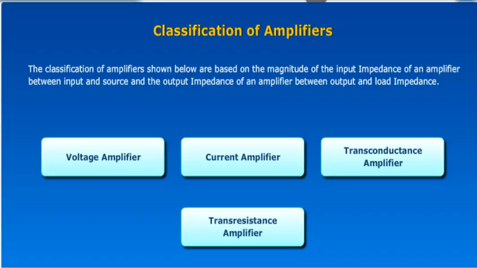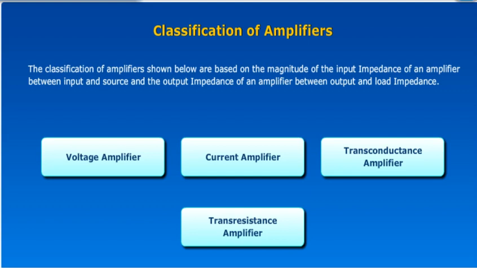First of all, we'll go with the basic amplifiers, that is the classification of amplifiers. So this is the basic block in your feedback amplifiers. In all the amplifiers, the amplification may be in the voltage or the current, or if you give the input as the voltage, maybe you want the output amplified signal as the current. So based upon that input and output requirement, the basic amplifiers are of 4 types: voltage amplifier, current amplifier, transconductance amplifier and transresistance amplifier.